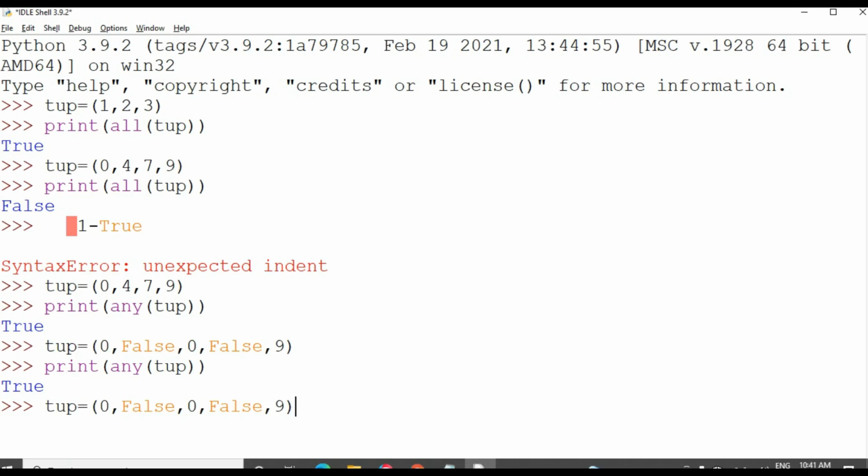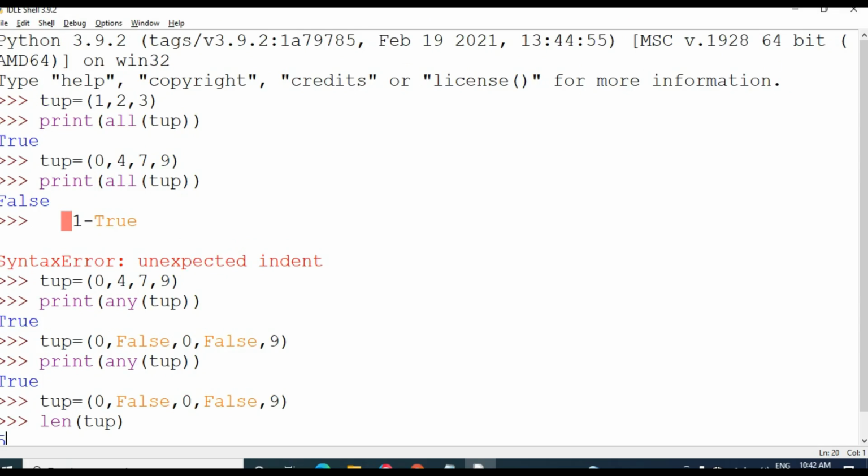I am taking this tuple. See, totally 5 elements are present inside the tuple, so the length of the tuple is 5.